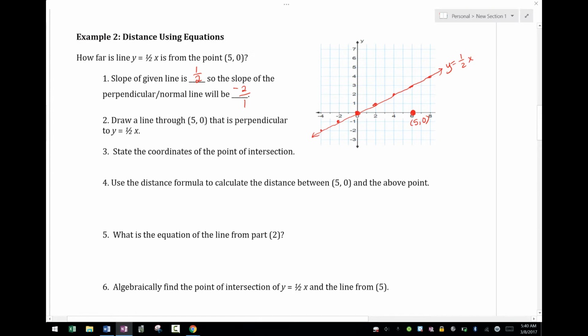So we said the slope of our given line was 1/2. And if I take the opposite reciprocal, the perpendicular line would have a slope of -2 over 1, or a slope of -2. So now if I want to measure the perpendicular distance, I need to draw a slope of -2 through the point 5, 0. So my slope of -2 would be down 2 over 1, or up 2 left 1, up 2 left 1. Okay, and when I draw this in here,